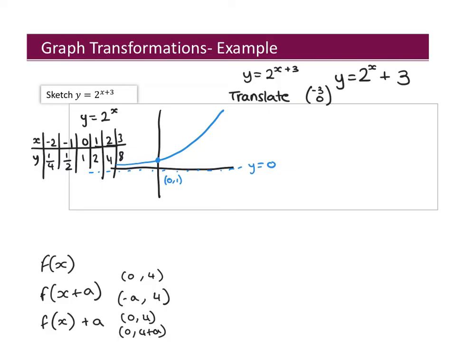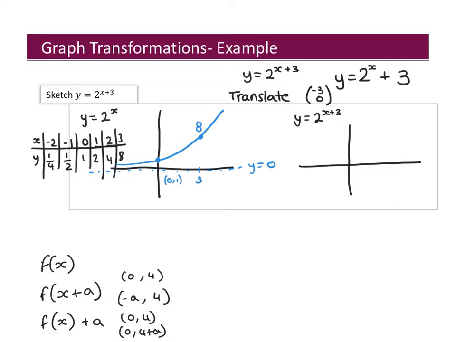Now it wants us to move it to the left, 3 units. So this coordinate, I've luckily already worked it out, it's 8. Okay? If we need to move it to the left 3, this is now going to be our y-intercept, isn't it? So now if I draw the graph of y equals 2 to the power of x plus 3,